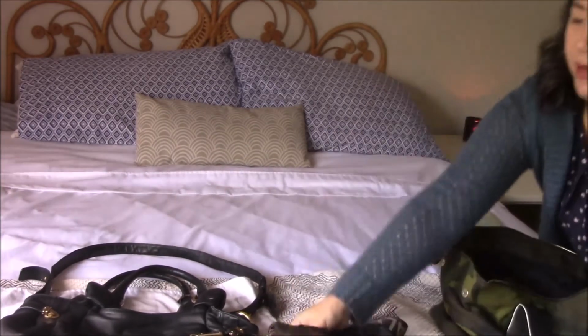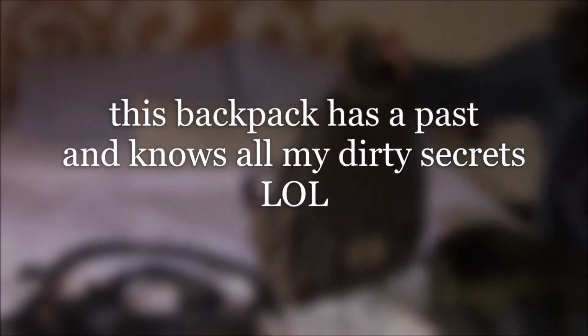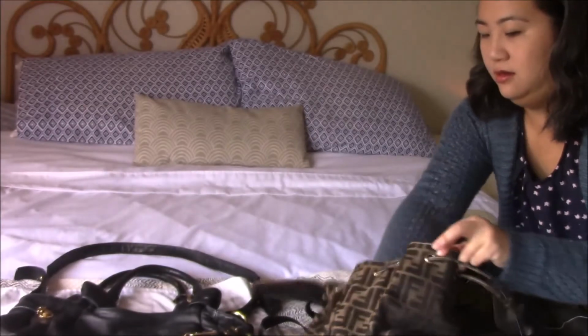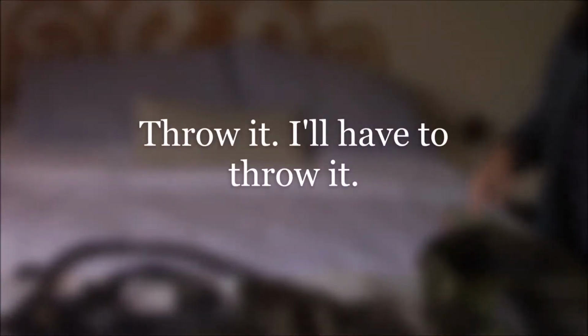I have this backpack that I took to Disneyland with me. You can see it. Fendi backpack. And there's a scarf in here that I realized that I don't want. So I'll have to,